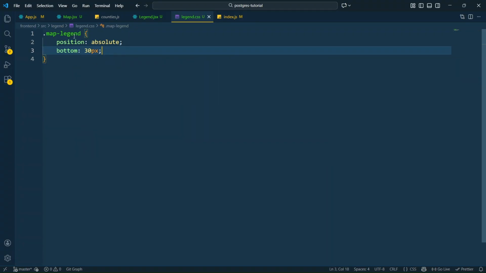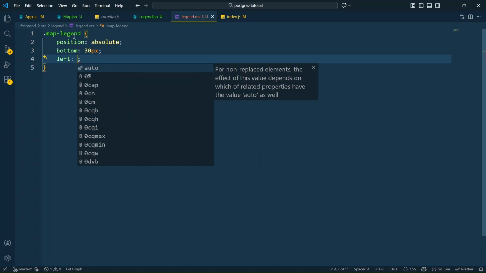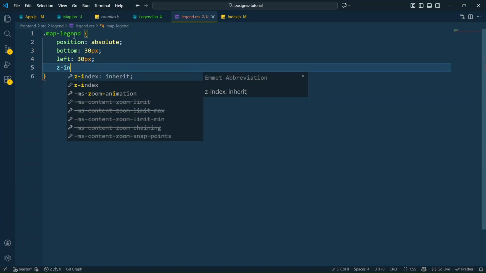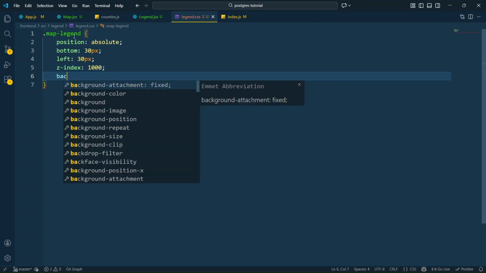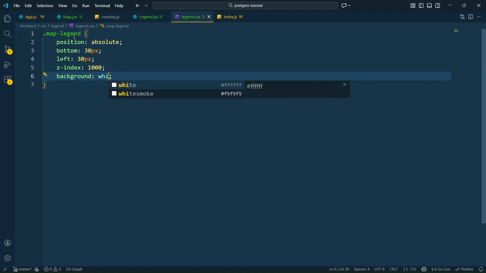Left is 30 pixels, and then z-index is going to be 1000 so that it appears on top of the map, 1000. Then background is going to be white,